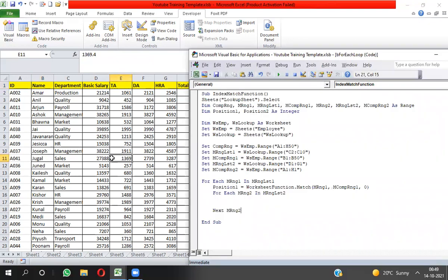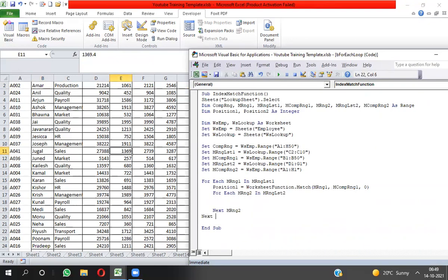Okay, next I have to close the first for each mrng1, and here I will take the second position. Second position is position equal to, I have to use here